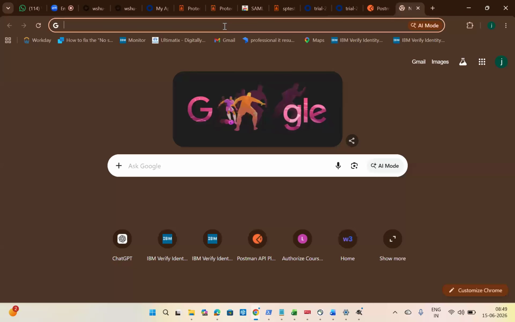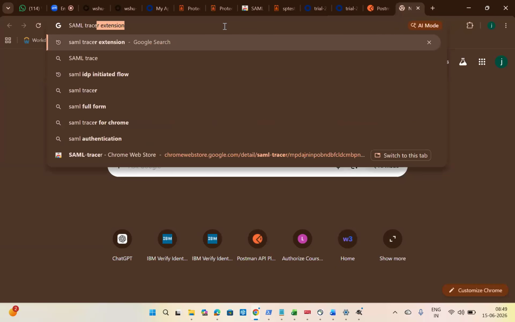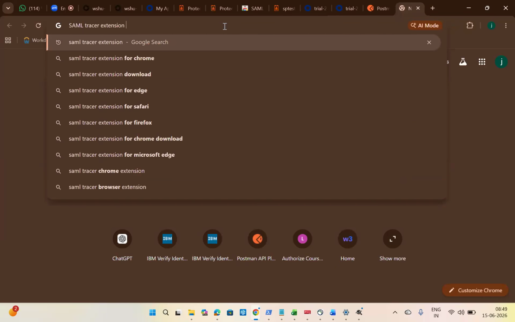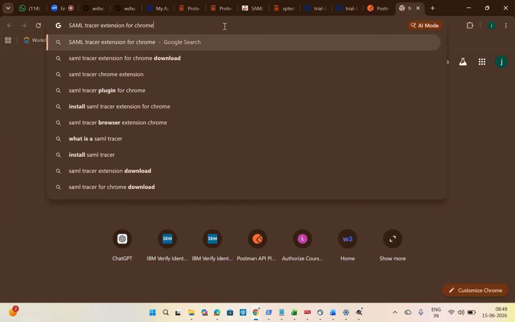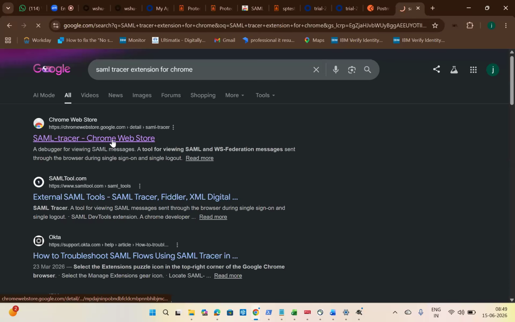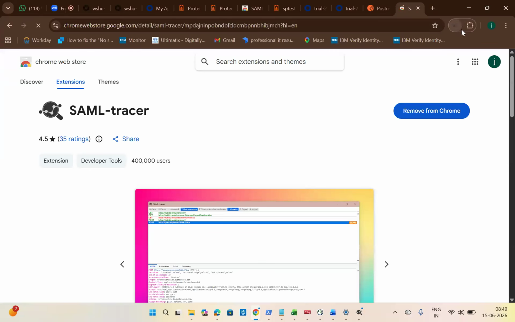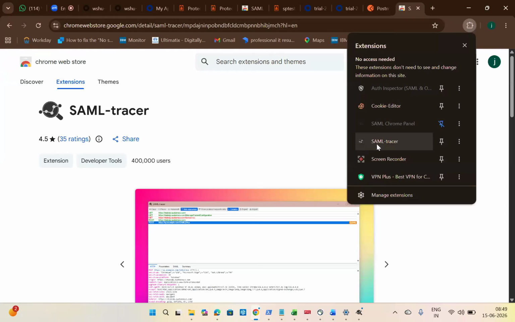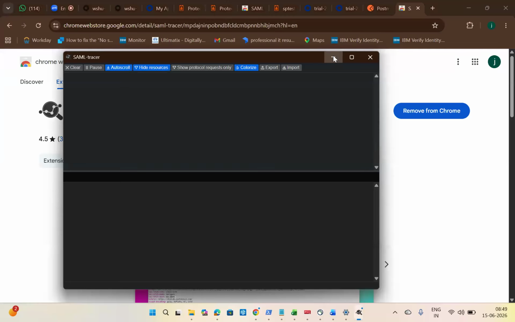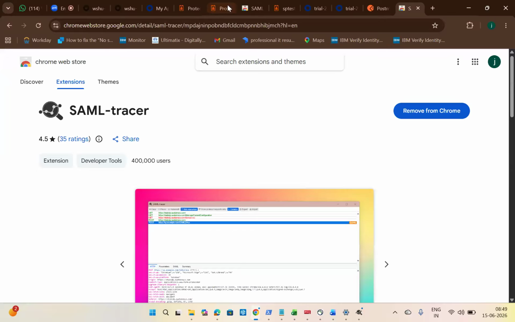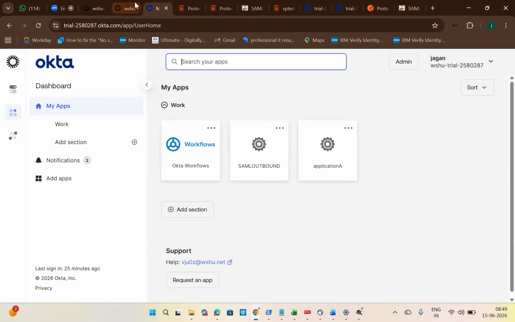Any extension you can install, SAML tracer extension for Chrome. This one you can just add it to your Chrome. Once you add it, a pop-up will be there. Then you can just enable it and then do the login. To perform the login,